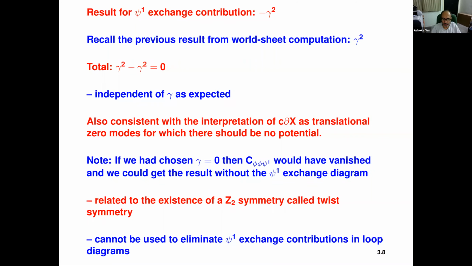Yeah, I think it's best to look at it at the level of the action. I agree that if you try to look at it from the Feynman diagram viewpoint, it can become complicated. But if one can show at the level of the action that the vortices have this Z2 symmetry, right? And the C del X, as long as C del X has a definite Z2 parity, we are done, right? Because we can use X goes to minus X to make the Z2 parity 1. So you just have to make sure that C del X has a definite twist parity. Then whether it's minus 1 or plus 1 doesn't matter.